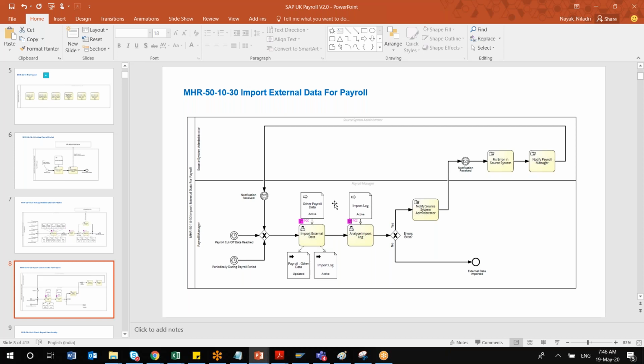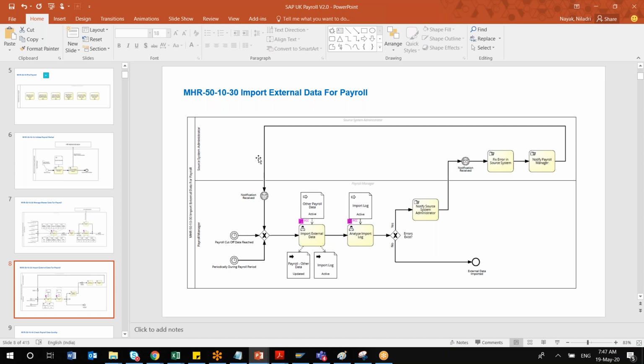Most of the customers, students and employees are using Employee Central Payroll nowadays. So these slides, whichever I have prepared, will mostly be focused on the Payroll Control Center from an EC payroll point of view. But we will not be going into the payroll control center details, or the UK payroll system, because that is a different course altogether. That is part of your EC payroll. But from a process point of view, I will just give an overview of that.